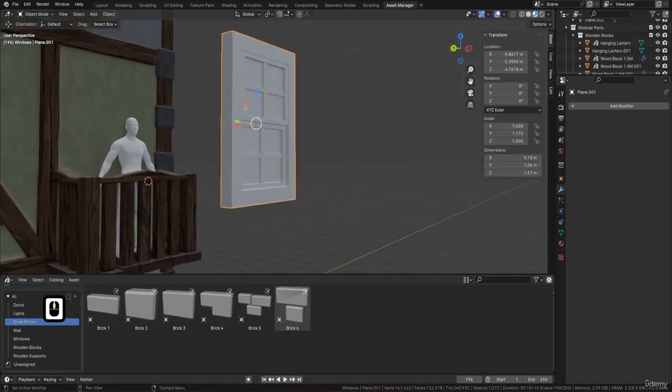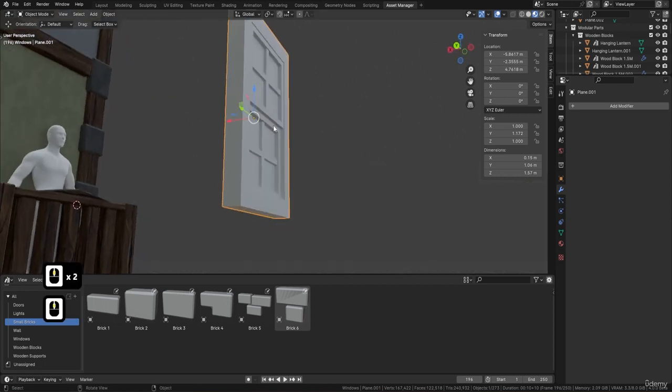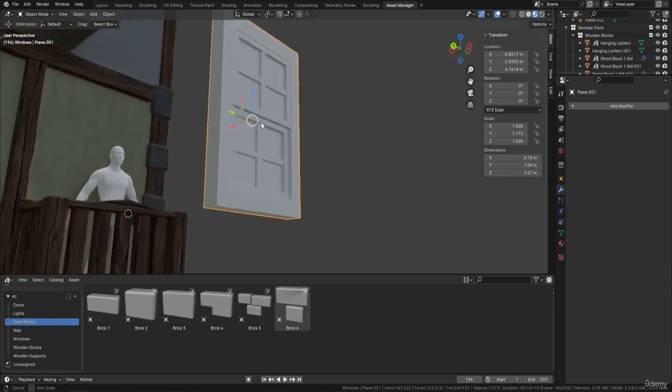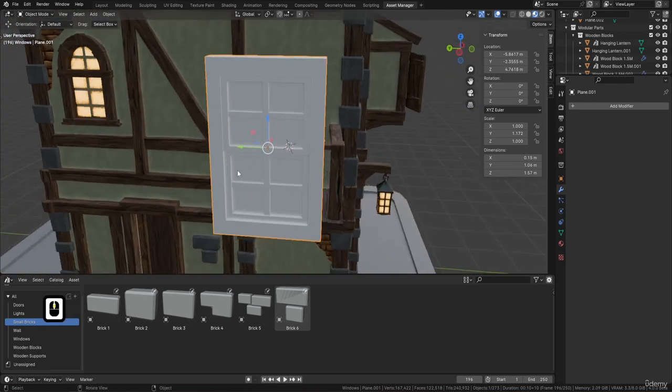Look how quick we made that window. Really, really easy using these techniques. All right, so I'm happy with that. I might need to pull this one back a little bit, I think. But apart from that, on the next lesson, we can start beveling these and then it'll really come to life and then get the